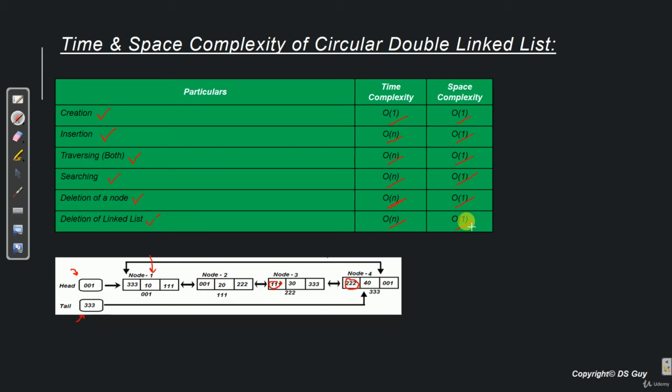nothing more than that. So basically if we are using any space which is proportional to the length of the list, then we talk about in terms of either log n, n square or so. But if we are doing some constant operations and require only a few constant number of variables, the space complexity always is order 1. So that was a quick recap of the time and space complexity for all operations on circular double linked list. Now in the next video, let's compare the time complexity of operations that can be performed on a linked list versus an array.